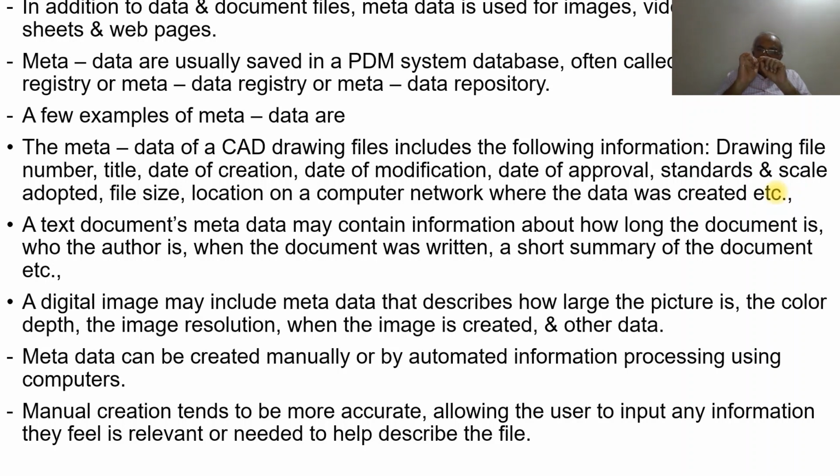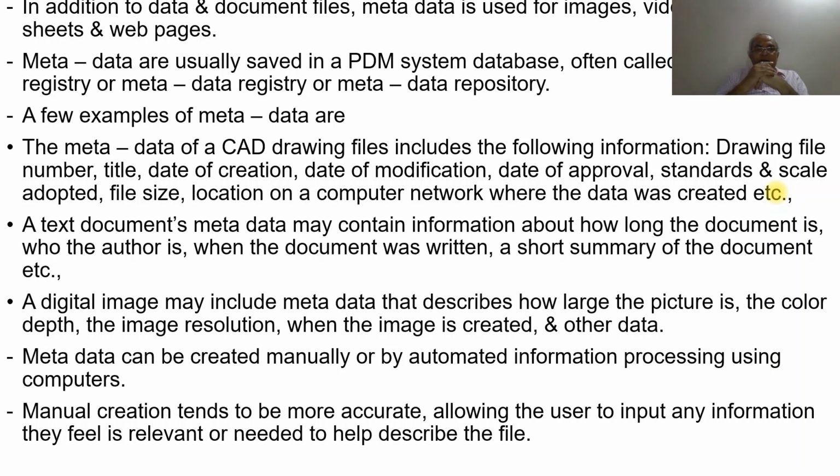But of course, if it is a computer CAD file, it will give the file location, where exactly the file is. Suppose for example it is in the D drive, the drawing file path will be D colon backslash dwg backslash name of the file. So what is the advantage? Suppose some other person related to that particular project wants to access that file, then he can always refer to that path and give that path so that he will be able to access that particular file. Thereby, time for searching for that particular data can be avoided.